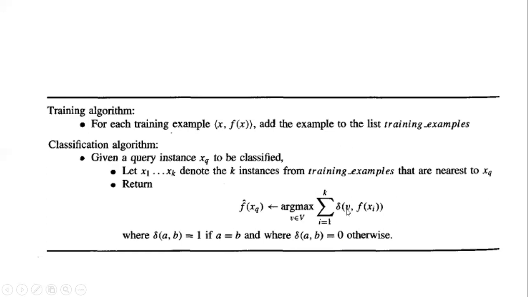And we have a delta function here. Suppose there were some examples in our space, which was red, green, and blue, that did not belong to any of the classifications. In that case we'll just ignore them, and for that we'll give 0. Delta of a comma b will be 0 if it does not belong to our predefined set of classifications, where b belongs to V. Otherwise it will get 1 vote. Argmax gives the classification which gets the maximum votes, and that classification will be assigned to our query instance. So this is all about the explanation.